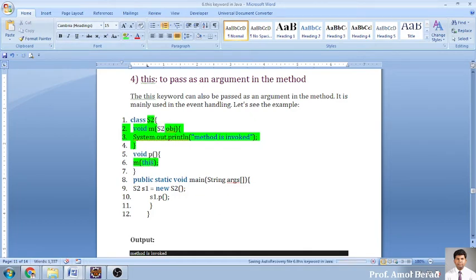So here whenever this keyword is used within the name of a function, this is nothing but an object. We call it an object. And what is the object? The current object, implicitly, this S1 which is coming will be passed to the function called m. So the type is this one.